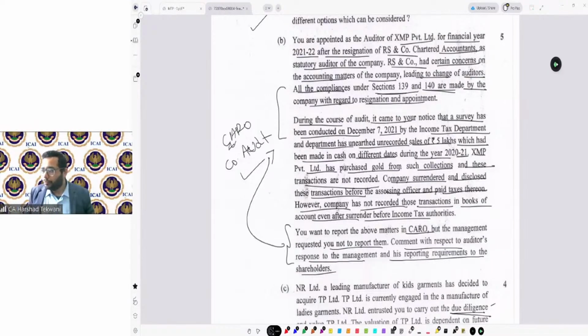Now, again, I want to highlight one more important thing, which is mostly done. If I take this example of this question, I can see there is something with respect to the CARO reporting. You want to report the above matters in the CARO. You can give the reference, okay, this is there in the CARO, and you provide the details and everything. Accordingly, you need to consider